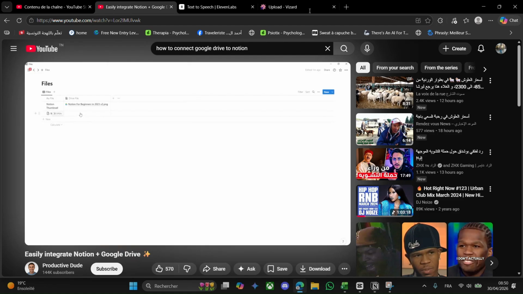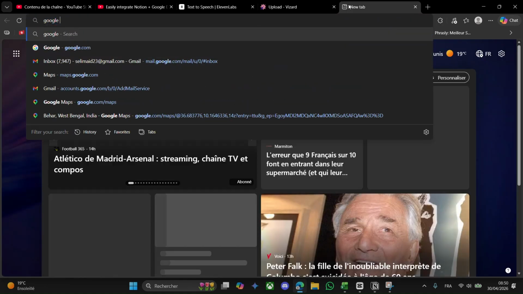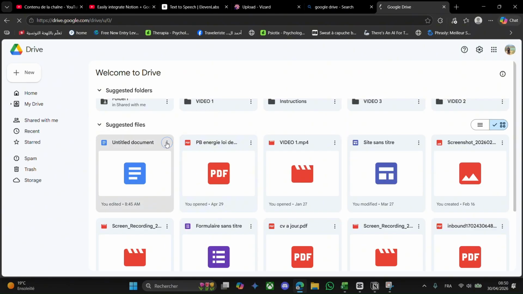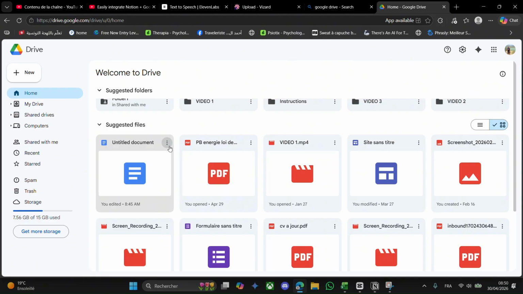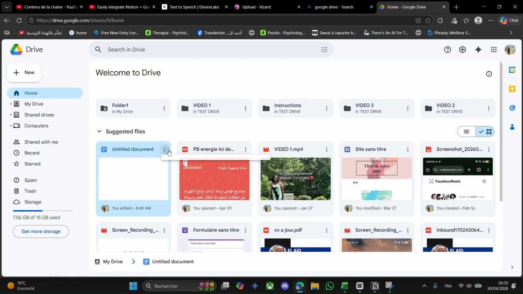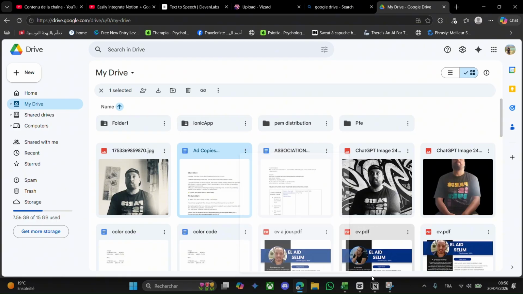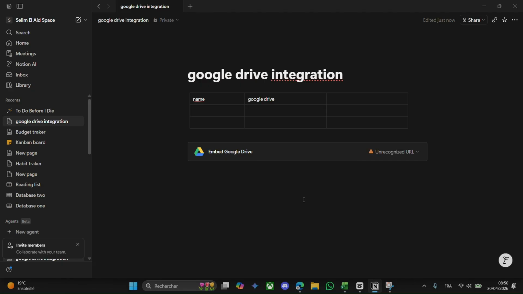Let's add our Google Drive link here to embed it to Notion. So let's click on Google Drive and, for example, copy this Google Drive link. Let's, for example, select this, click share and copy link, head over to Notion and paste the link and click on link. So in this way you'll be able to add your Google Drive link to your Notion